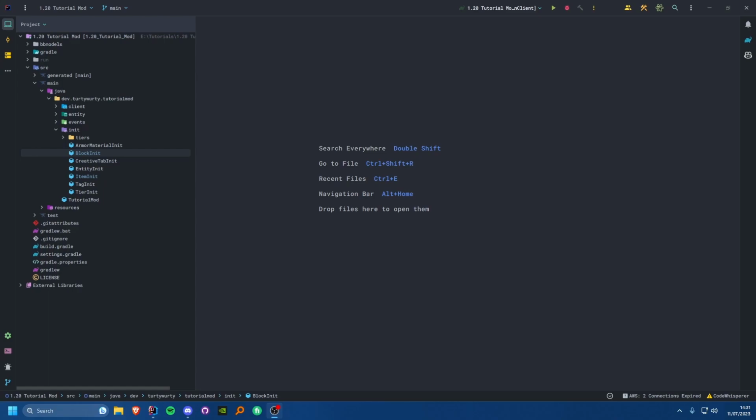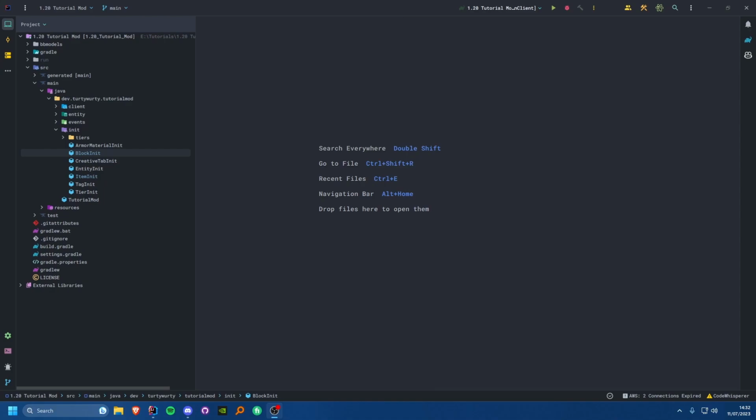So first of all, let's discuss what a block entity is, why you may want one, and exactly what we're going to be doing with one. A block entity is effectively an entity but for a block. So it can store data, it can tick, it can perform special functions and a bunch of stuff like that, and it can also hold its own renderer as well, which allows you to do special rendering for your blocks. But that's more of a future thing which we will talk about later.